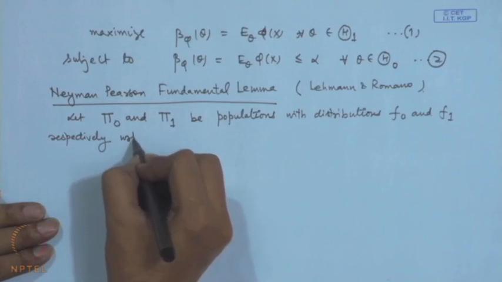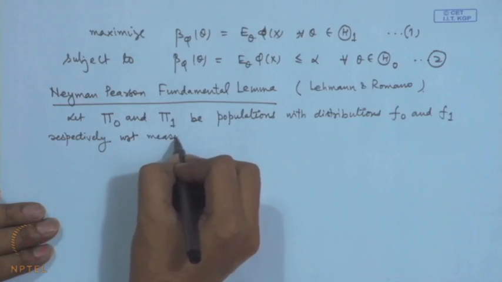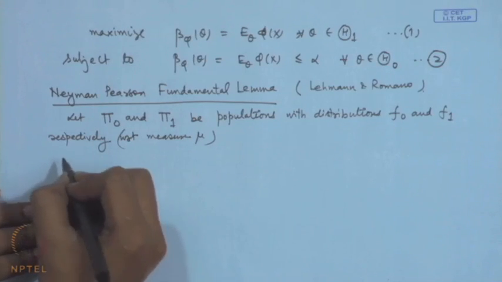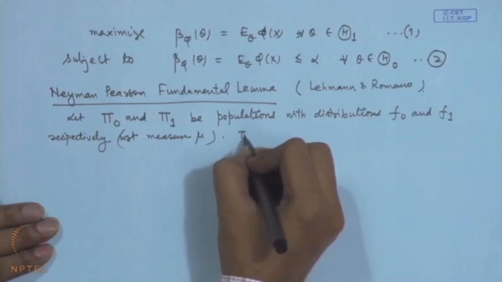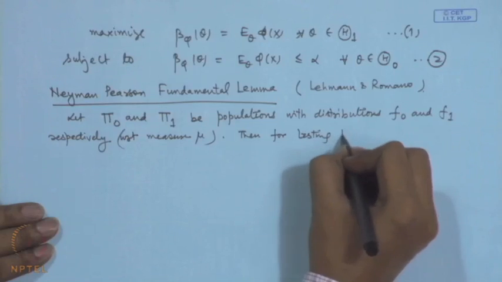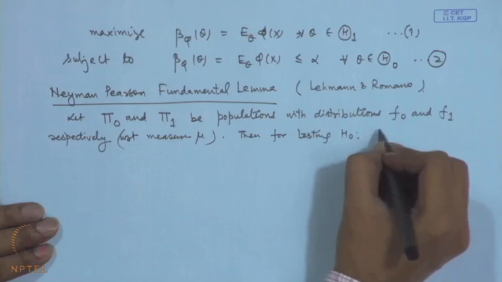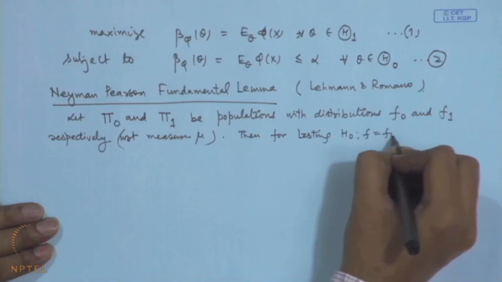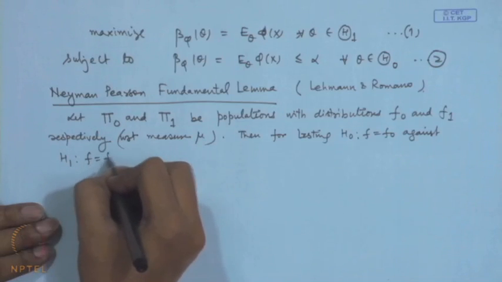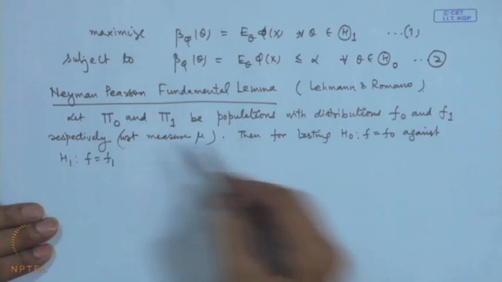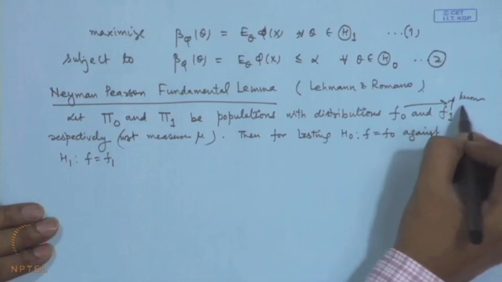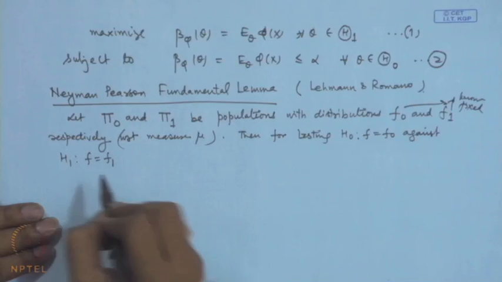So, let me say with respect to measure mu, then for testing H naught, that is f is equal to f naught, against the alternative H 1, f is equal to f 1, that is the simple versus simple hypothesis case. So, these f naught and f 1 are known, these are fixed. Okay. So, for this hypothesis problem,